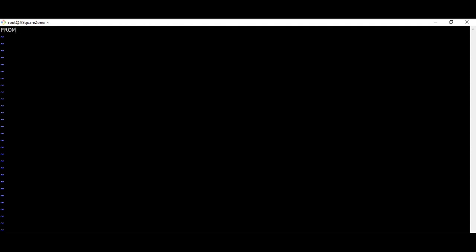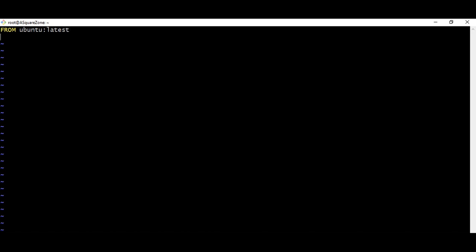With the FROM command, I am going to take Ubuntu as the base image. FROM defines the base image to use to start the build process. So here I am taking the latest version of the Ubuntu server. Ubuntu, and I'm going to mention the latest version.